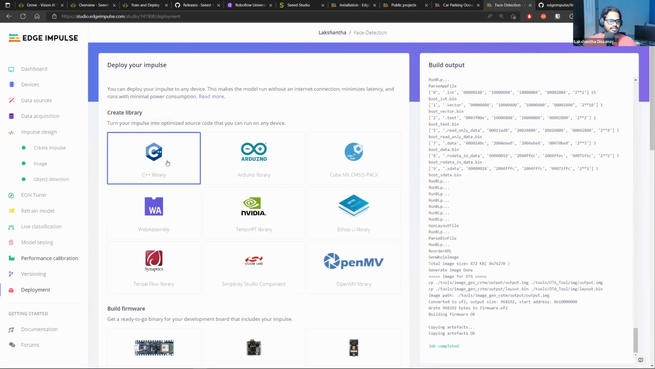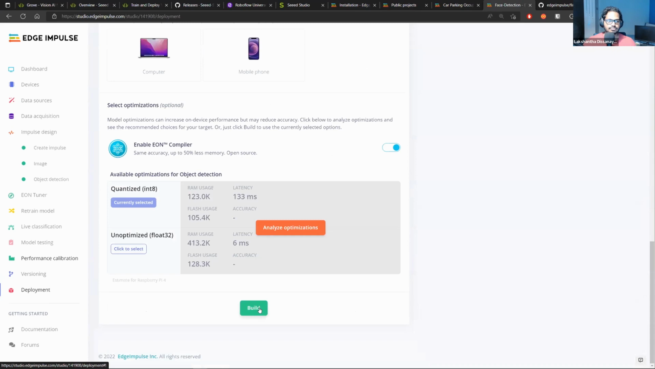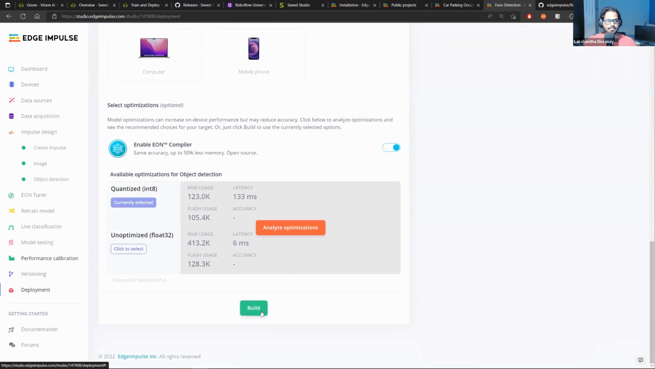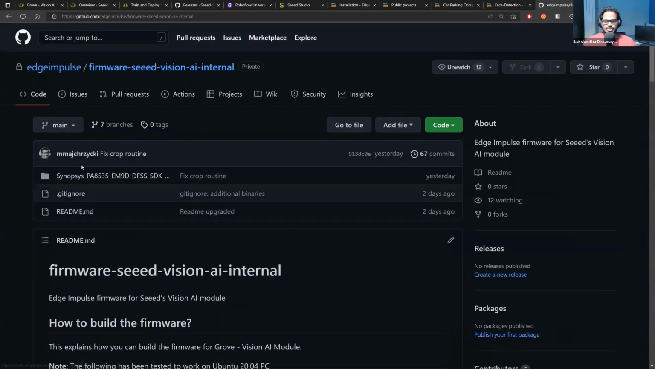So you click on this C++ library and then click the build button. Once you click the C++ and click the build button, it will generate 3 folders, and you need to copy and paste those 3 folders inside this directory. So after cloning this repo,